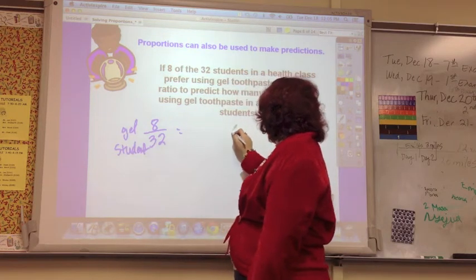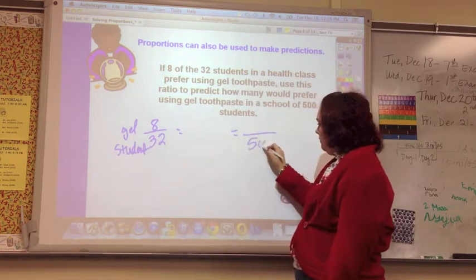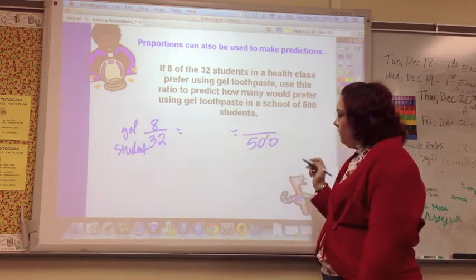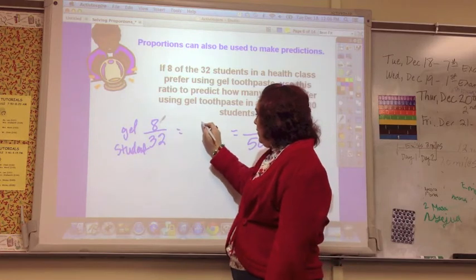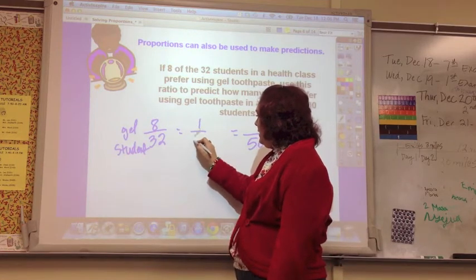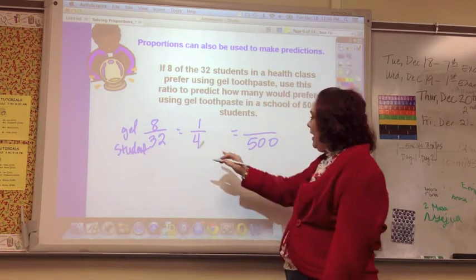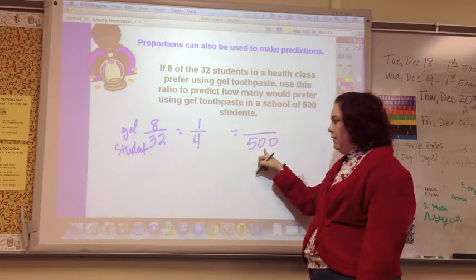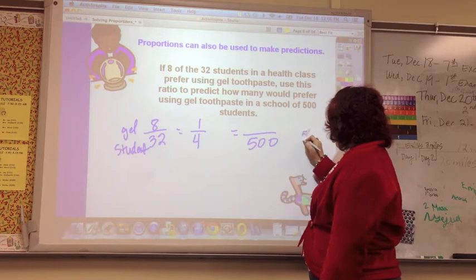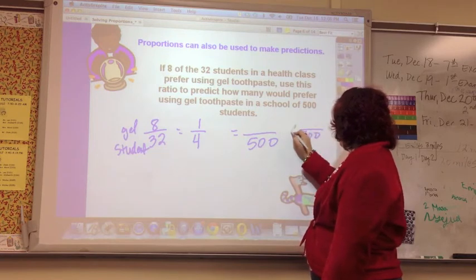Now I want to get to 500, and I can't go from 32 to 500. But if I divide by 8, so that's 1, and divide by 8, that's 4, and then I go, how do I get from 4 to 500? And so I have to go 500 divided by 4